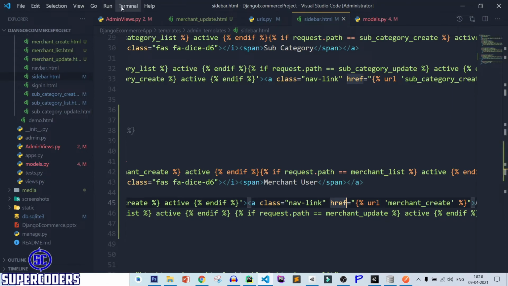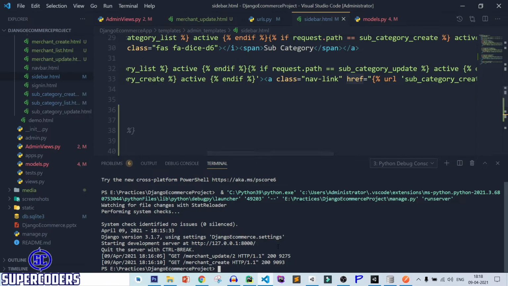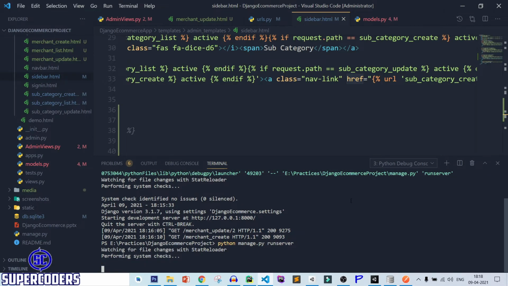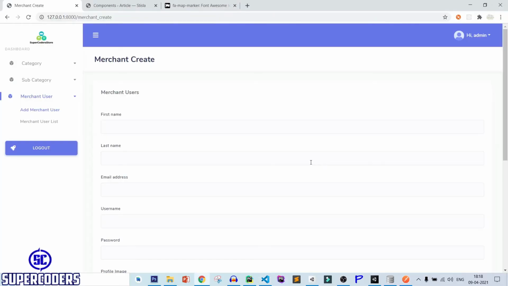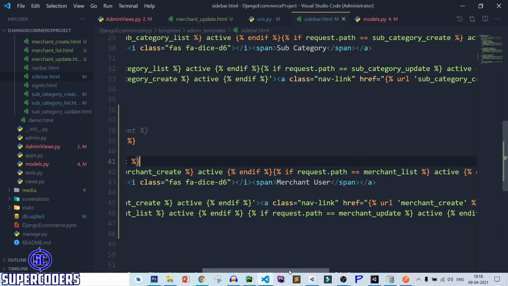Okay, let's run the project. So view terminal, run server, close it, refresh. You can see it is showing merchant user add and list. Both are showing but does not show active.